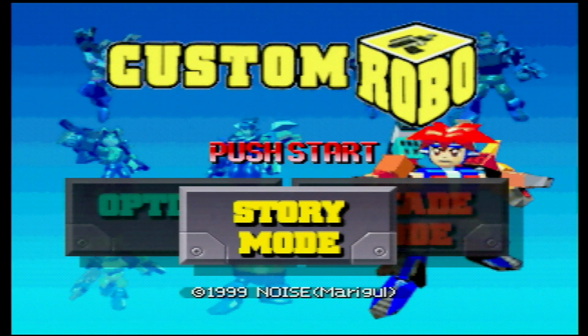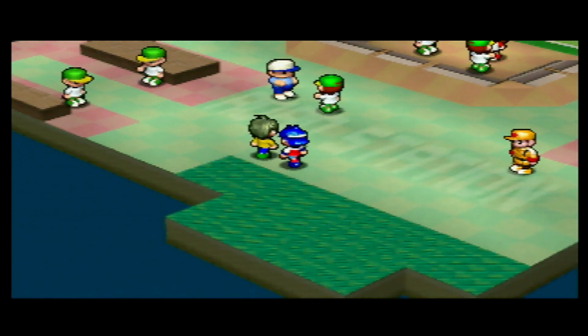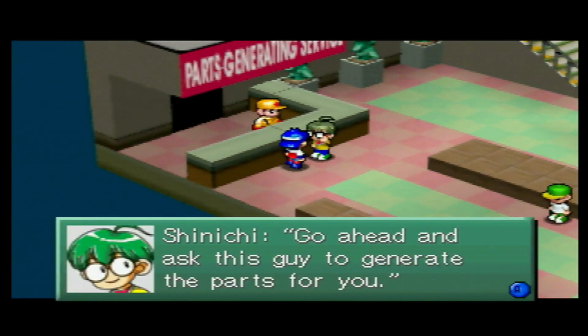Custom Robo came out for the Nintendo 64 in the year 1999. It was developed by Noise and published by Nintendo. Noise is a very small developer, only consisting of a little small studio of like 10 people or so, but they're not really known for making a whole lot of stuff, mainly just Custom Robo,